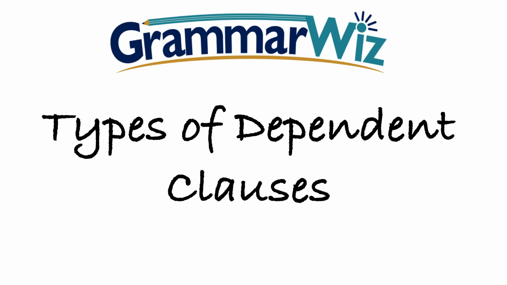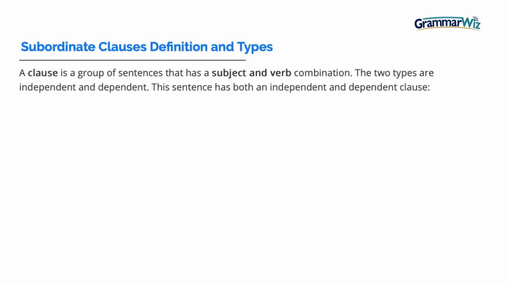In this lesson we're going to look at types of dependent clauses. Before we do that, it's important to know exactly what a dependent clause is. Dependent clauses are commonly known as subordinate clauses. A clause is a group of words that has a subject and a verb combination, and the two types are